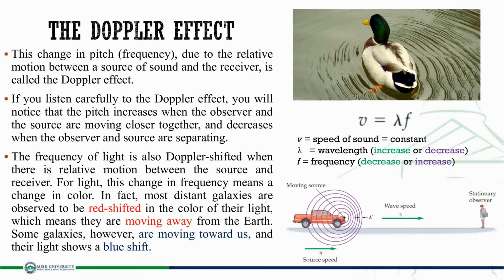You're getting it. The speed of sound in air stays constant, roughly 343 meters per second. It does not change just because the truck is moving. So, if v is locked in, and the wavelength lambda gets smaller, then the frequency f has to get bigger? Bingo! That is the mathematical reason why the truck sounds higher pitched as it approaches that lady standing on the sidewalk. Her ears are getting hit by waves more frequently.